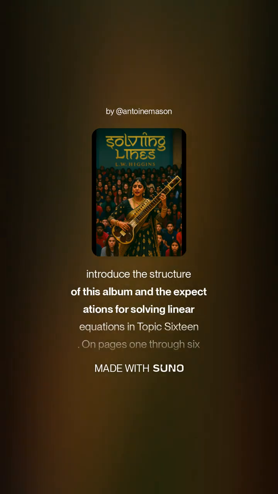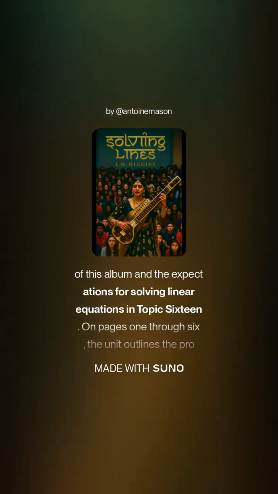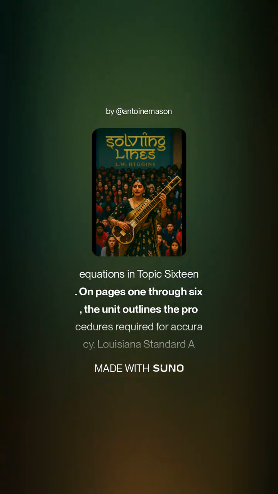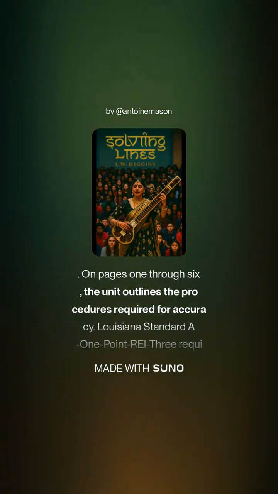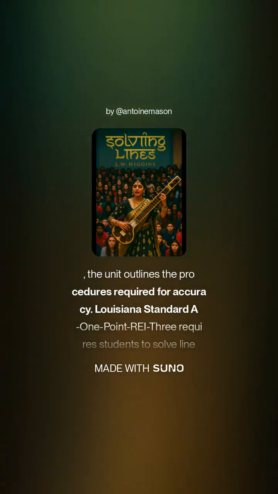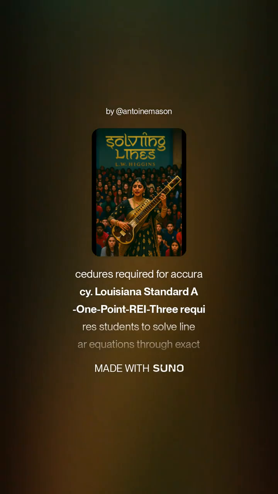Here to introduce the structure of this album and the expectations. Solving linear equations in topic 16 on pages 1 through 6. The unit outlines the procedures required for accuracy. Louisiana Standard